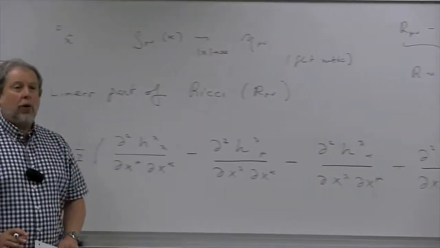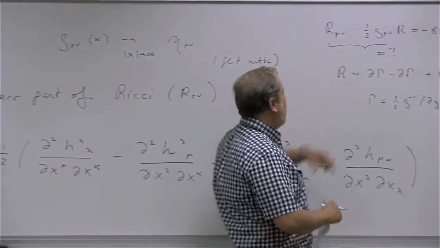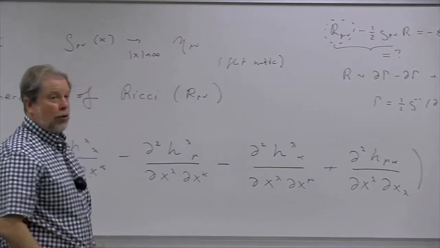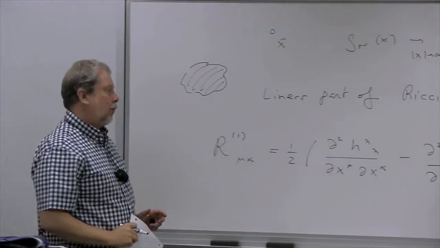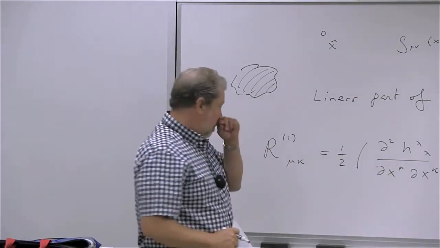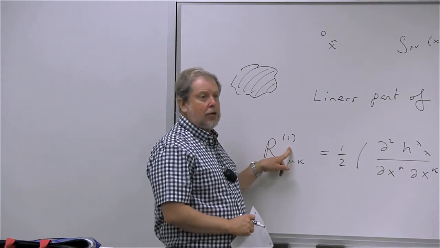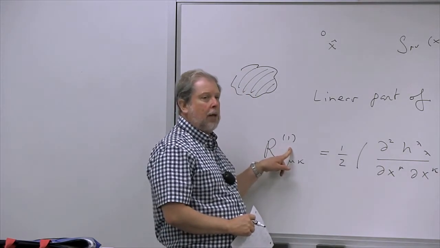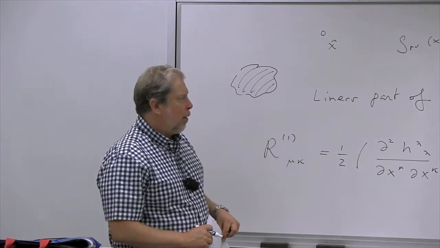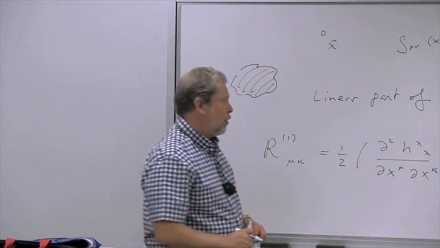So you see, even if you look at the linear term in H of just this piece here, it is not too simple. It contains 4 terms. And now we're going to give it a name and call it R1, the linear term in H in the expansion of the Ricci tensor. But nevertheless, based on what we discussed a moment ago, if you impose the harmonic gauge condition,